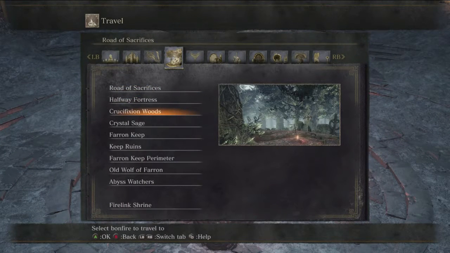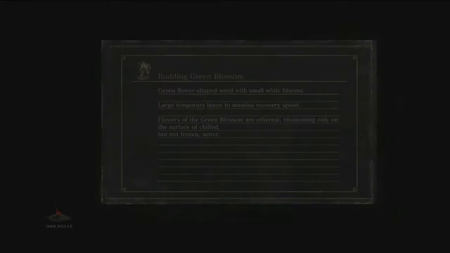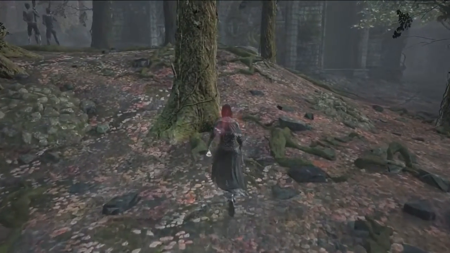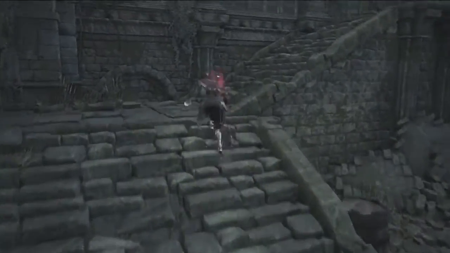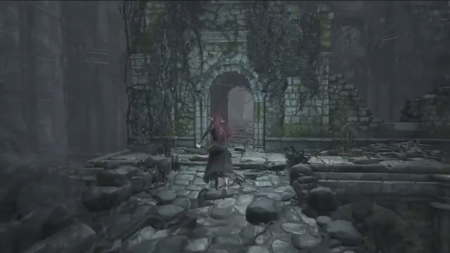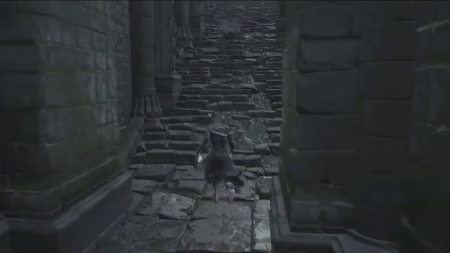No, you want to go to the Crucifixion Woods. Now for him, it's a little bit of a trickier way to keep him around, and you need 10 intelligence to pick him up so he can teach you. And you need at least 2 scrolls to keep him in the Firelink, because if you do not give him scrolls,